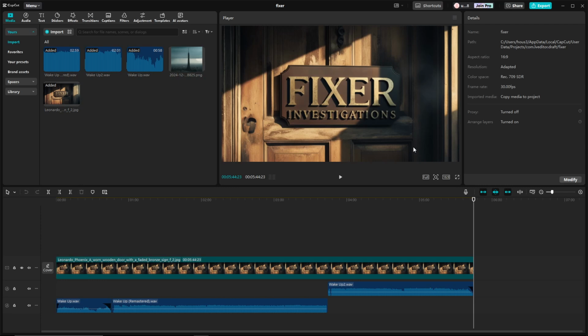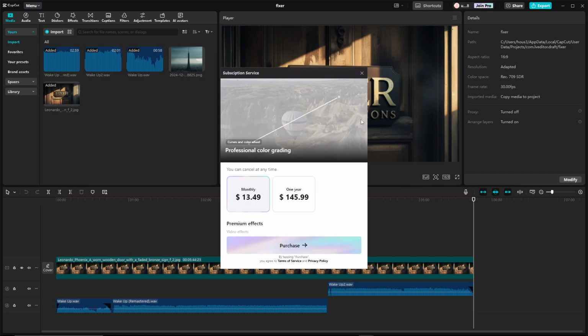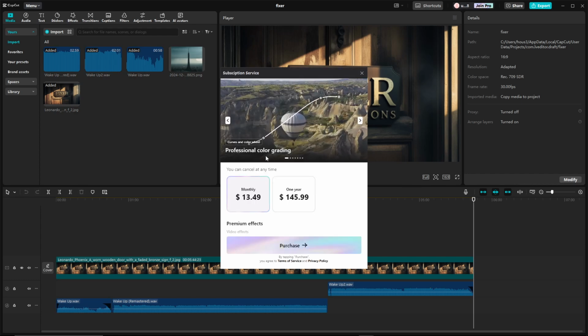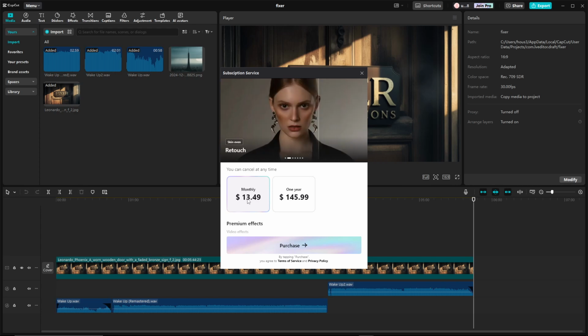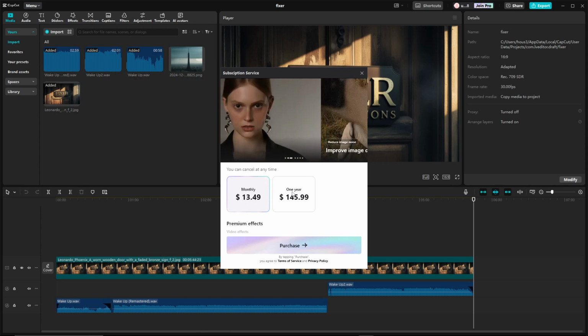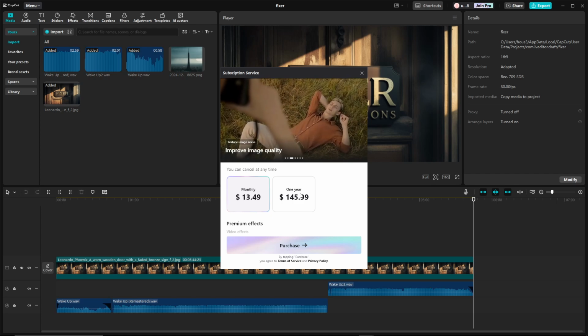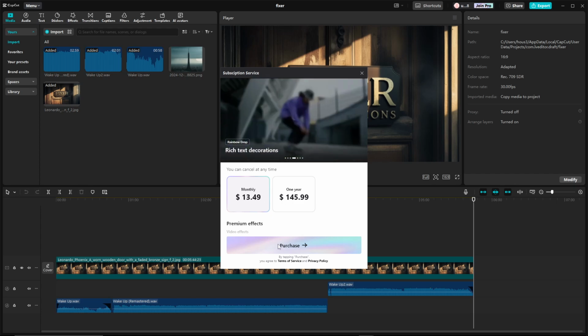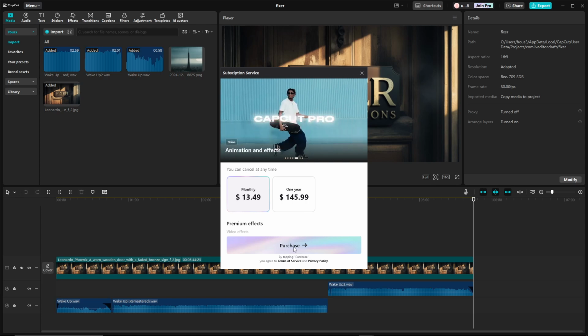In order to do so, first off, here we are in CapCut, and I have a project open right now. This is one place that you can purchase CapCut Pro, and in order to do so, you can go up to the top right hand corner here on desktop, and you will see where it says Join Pro. We can go ahead and click on that, and then from here you're going to see your options, which is to either pay for the monthly subscription or to pay for an entire year. Once you have selected that, then you can go ahead and just click purchase and go through the steps in